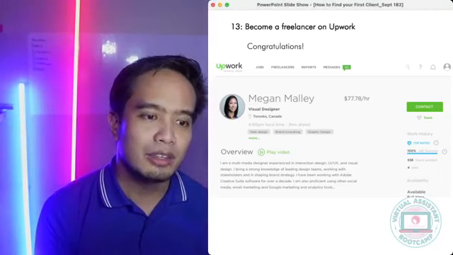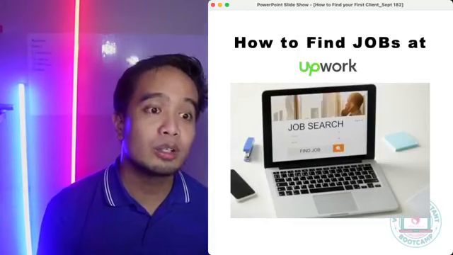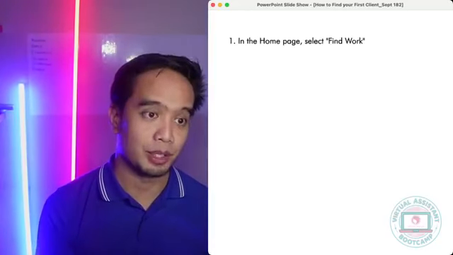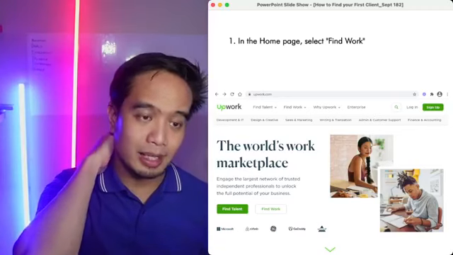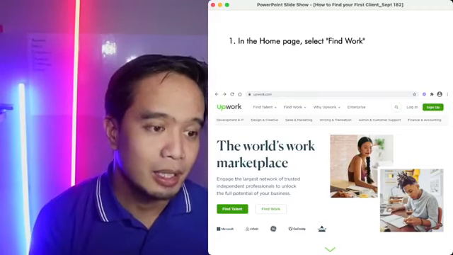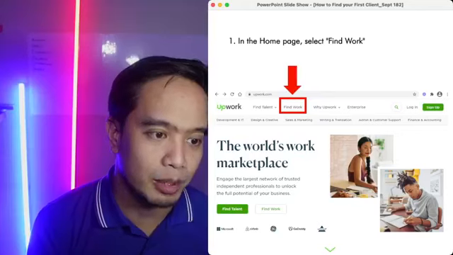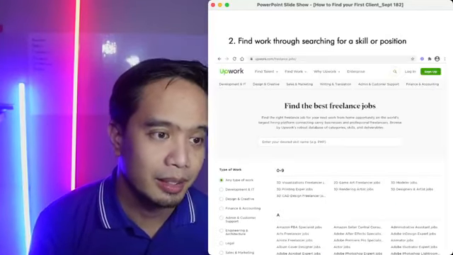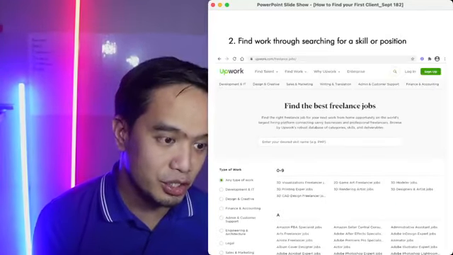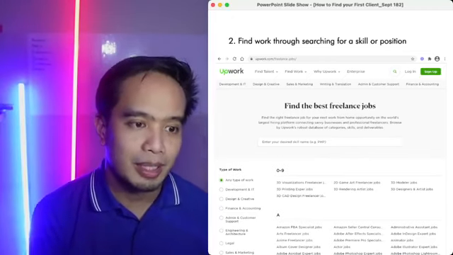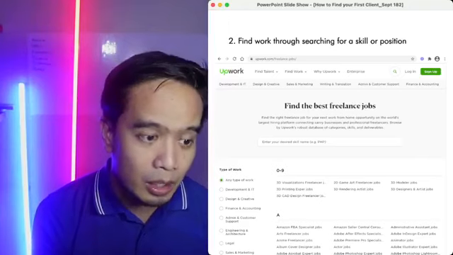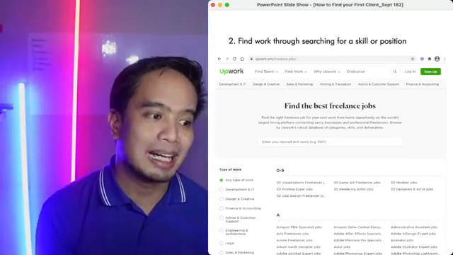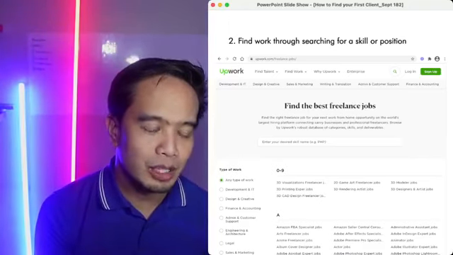Alright, now if you already have an Upwork profile, you can find jobs on Upwork. You can apply to work. So if you log in and then you go to the Upwork.com website, you can click on the Find Work button over here, and then you do a search. So either you type, kita nyo di ba, may parang search, enter your desired skill name, or you browse yung mga category. You browse yung anong meron dun.